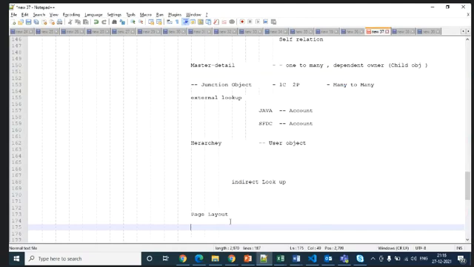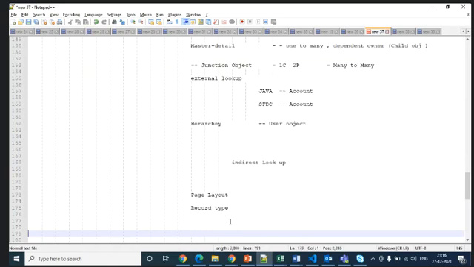Record type, we have one more thing like a record type. The type of the record you want to tell, then we have a record type. Using this, different profiles can see different layouts.